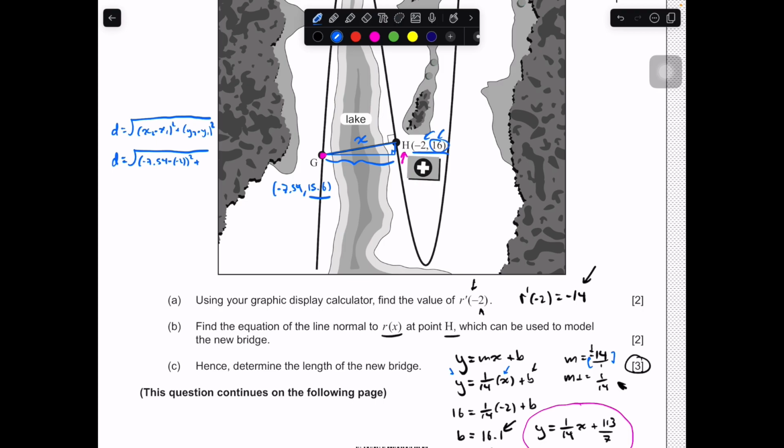So this is going to be a distance of, please excuse the shorthand, there it is, 0.4 squared. How did that happen? If you need to see, y2 minus y1, 16 minus 15.6. There it is. Okay. Here we go. Let's write it out. Negative 7.54 plus 2, square that value, plus 0.4 squared. Take the square root of all that business, and it gives us